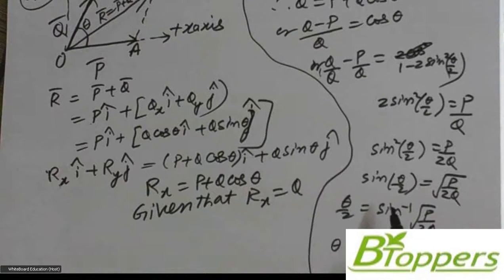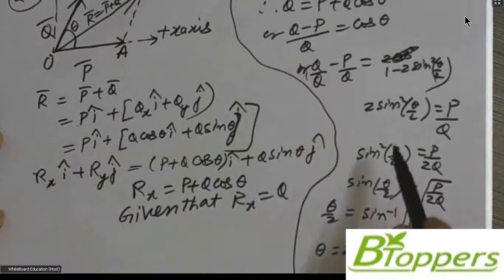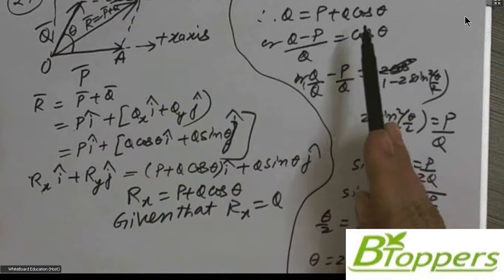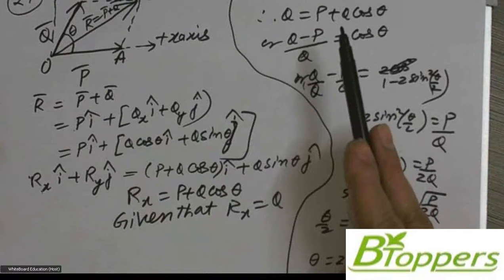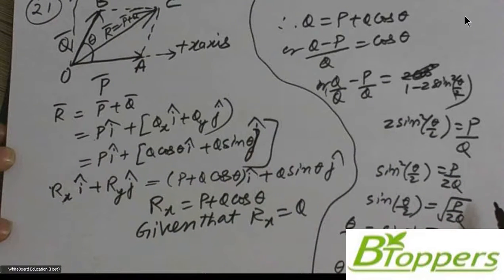Of course, you can proceed this calculation from the beginning step also. Here you can separate the terms containing P and Q separately, and you can use the formula in trigonometry to complete the problem. If you want to copy the solution of this problem, you can take a pause and copy the solution.